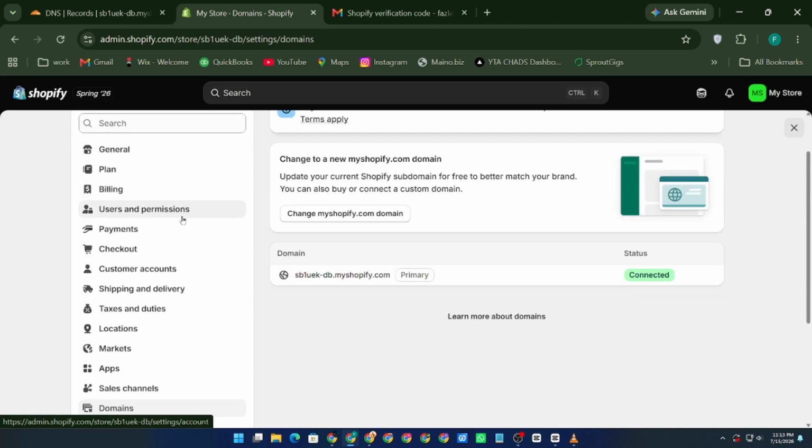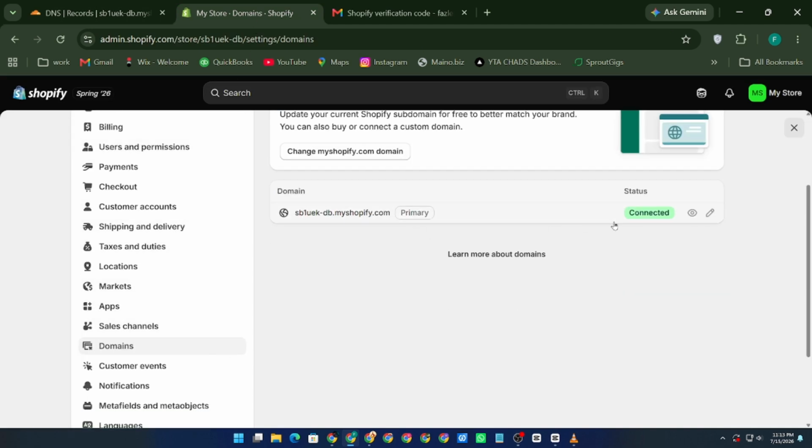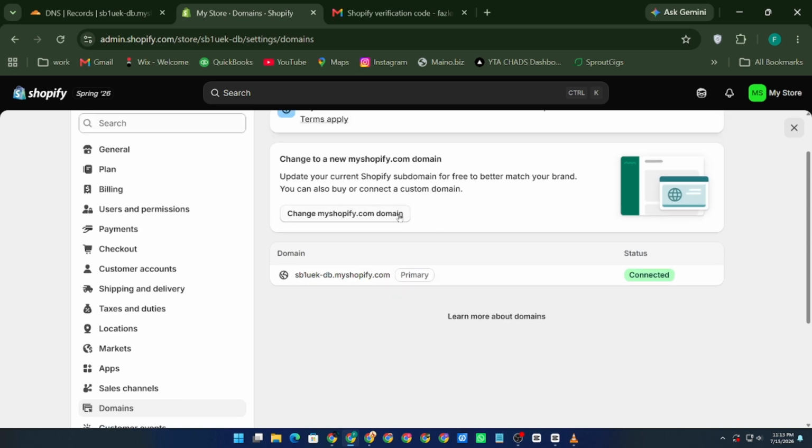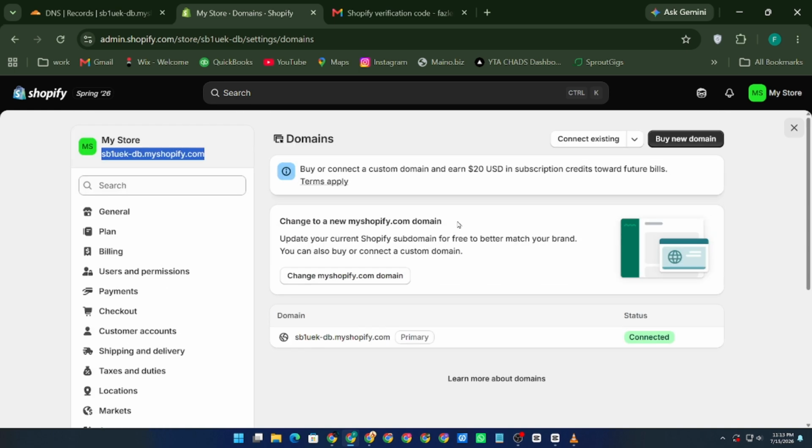If your custom domain hasn't been connected yet, add it to Shopify and follow the verification steps. Shopify will check your DNS records and confirm the connection once everything is configured correctly. After the domain is verified, make sure it is set as your primary domain if that's how you want customers